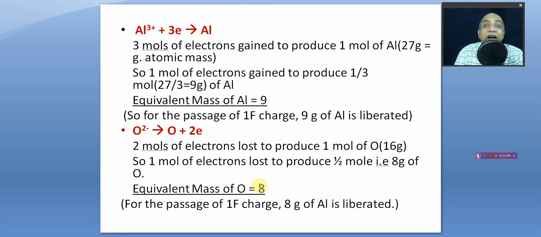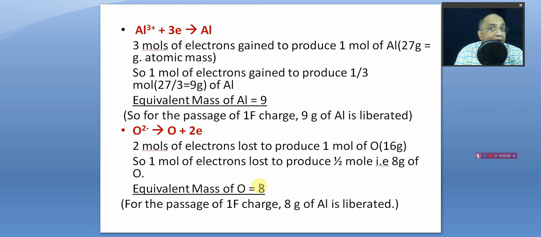When the oxygen acquires an oxidation state of -2. But that is not always the case: if it becomes peroxide or superoxide, where its oxidation state is different, then we cannot say that the equivalent mass of oxygen is always 8. It is 8 in most of the cases, right? So from this what do we know? We know now that equivalent mass is nothing but the atomic mass of an element divided by valency, the valency factor. Or more correctly, it is atomic mass divided by the number of electrons gained or lost per atom.